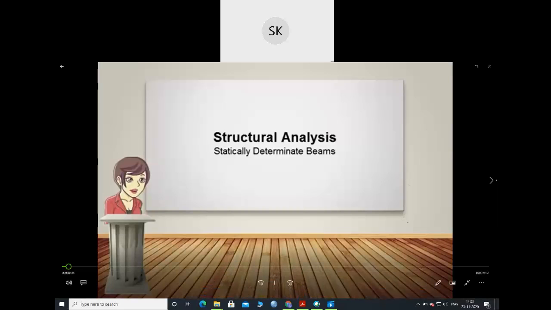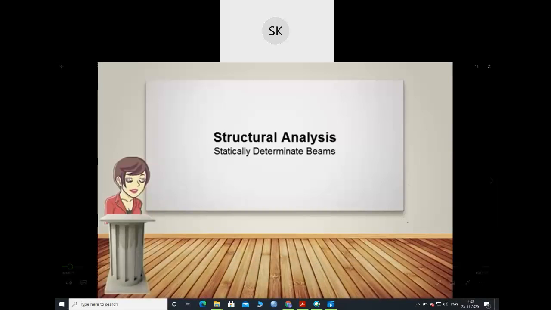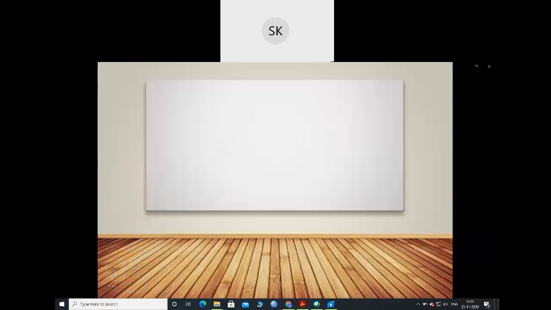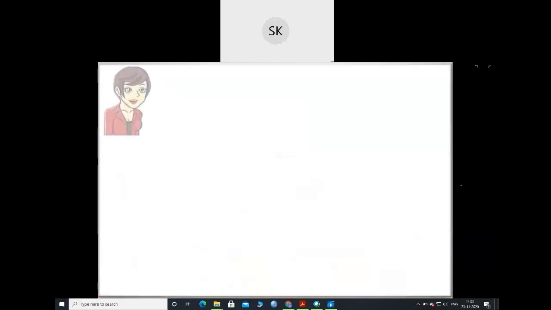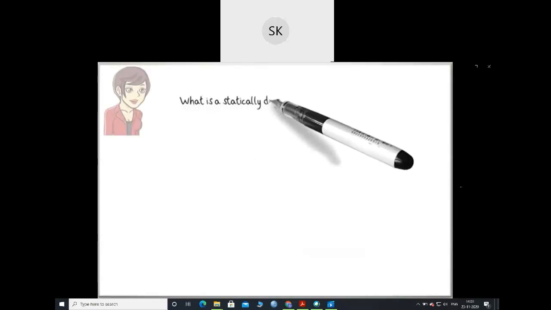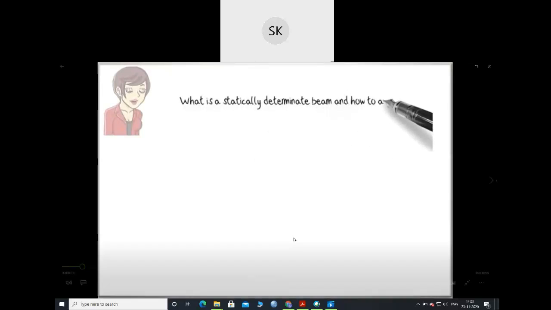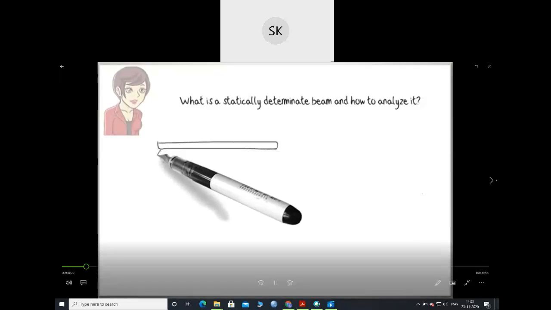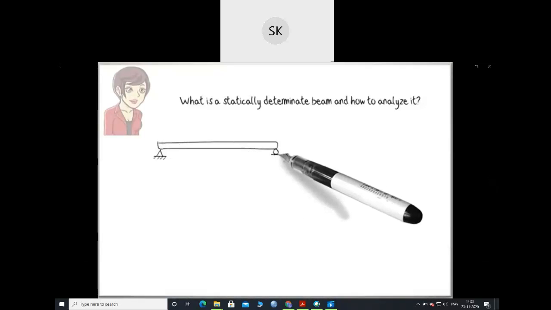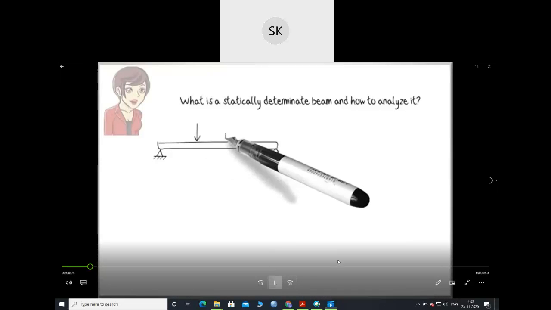Structural analysis. Statically determinate beams. In this lecture, we are going to answer two questions. What is a statically determinate beam, and how to analyze it? A beam is a properly supported structural member capable of carrying loads that are